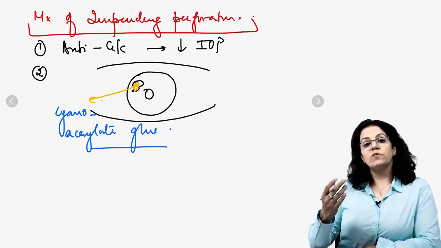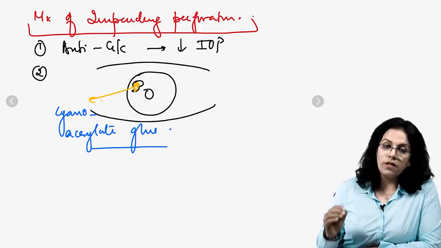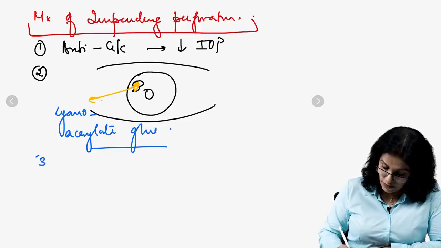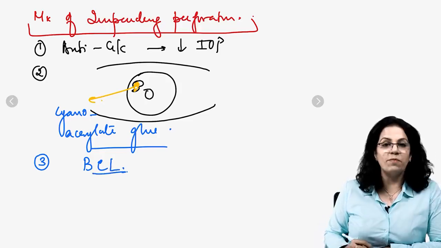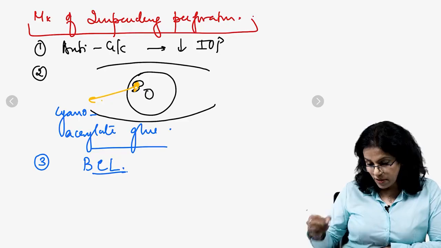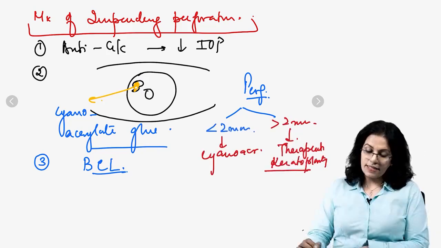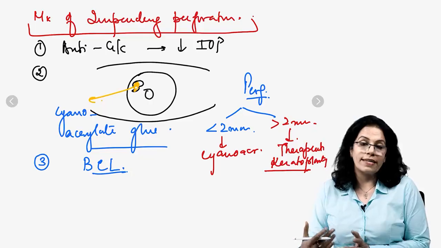And suppose there has been a perforation, how do you treat that? First of all, let's discuss the three measures. One is this, and the third one, note down, we can use a bandage contact lens, which can act as a tamponade and prevent perforation. But suppose it's already done. If I talk about perforation, how will you treat? Depends. Less than 2 mm, cyanoacrylate glue; more than 2 mm, because it's due to the bacterial ulcer,